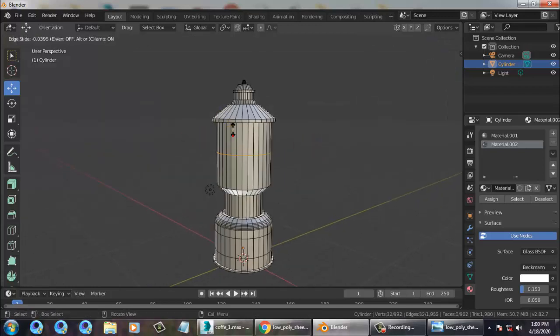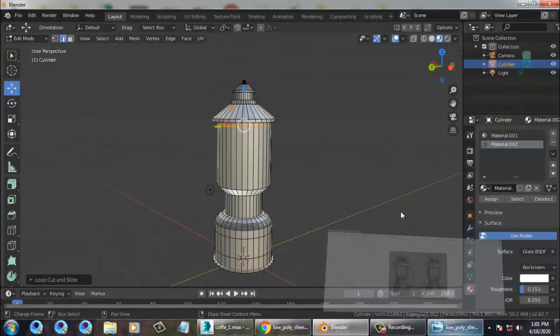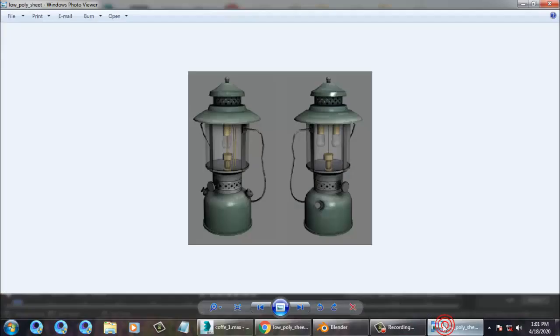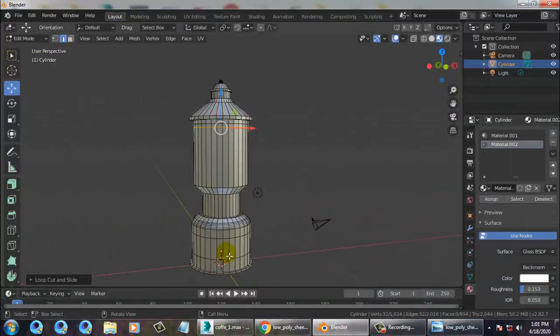Now I'll just push this up over here. Again I'll press Ctrl R, push this up till here, and let's see how we can manage till here.